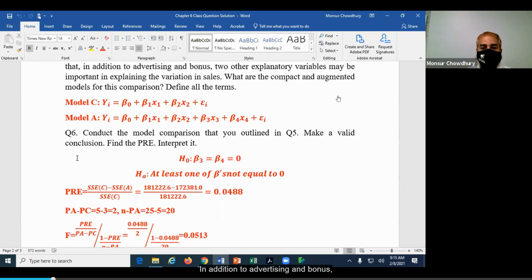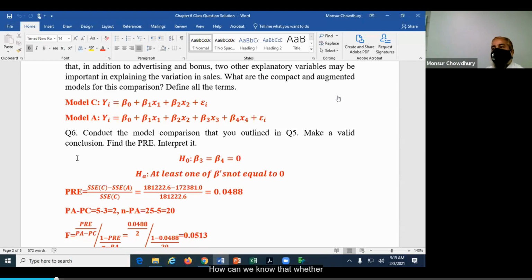In addition to advertising and bonus, whether market competition and market share make an additional reduction in error. That means whether these two variables are making a significant reduction in error.